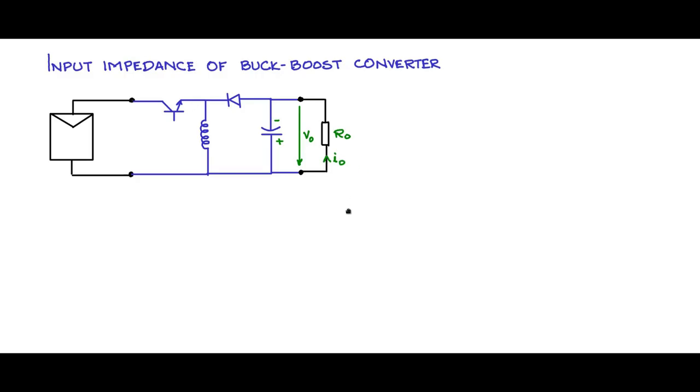So this is the character of the buck-boost converter. It does give you an inversion in the voltage polarity. So that is C, D, L, Q, and across the terminals,